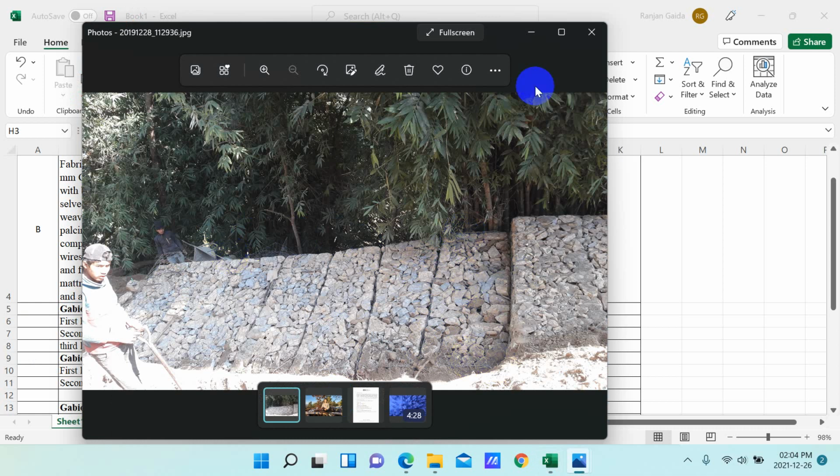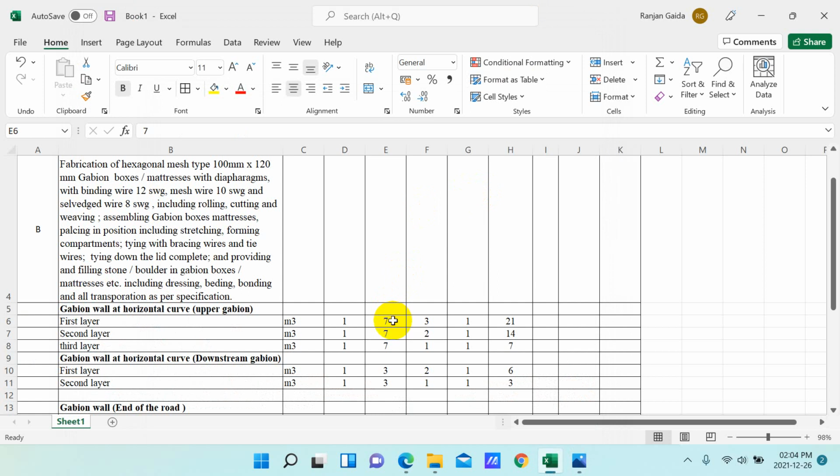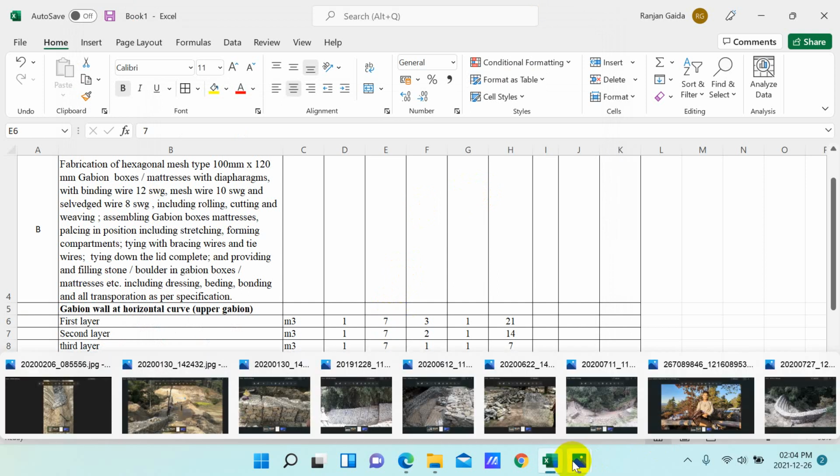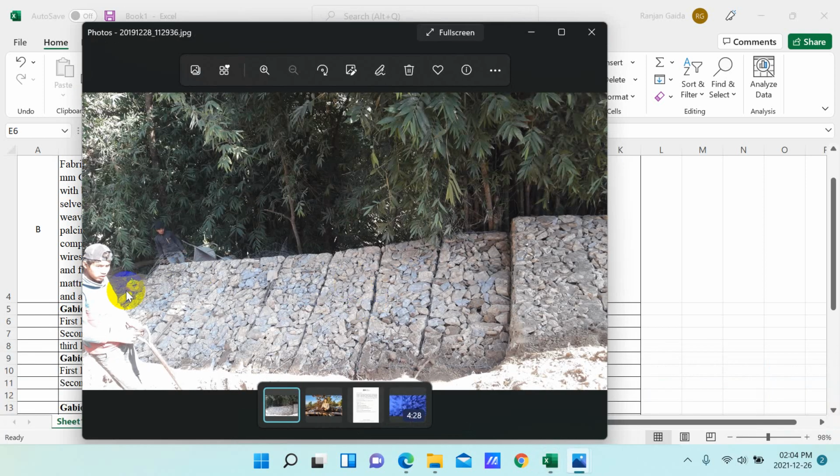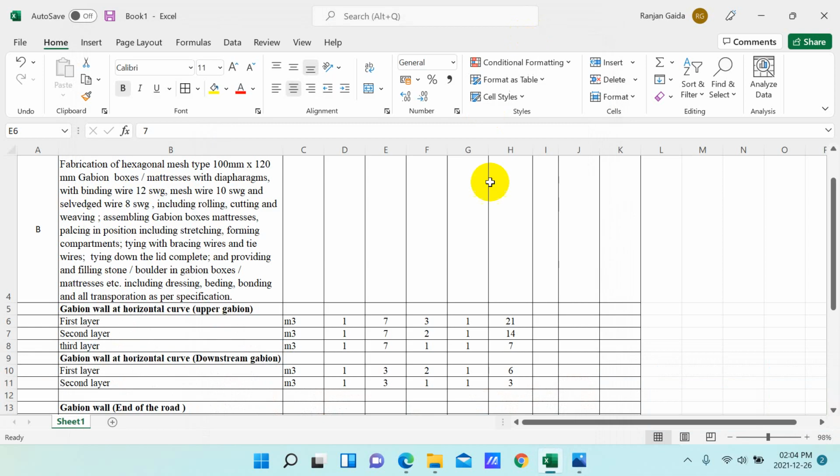Our total length in this we can see is 7 meter. So our total length in longitudinal wise along the xy axis is 7 meter, and along width it is 3 meter. So I have mentioned 3 meter in here, and the height is, as we all know, standard and it is 1 meter. So you can use 7 3 1.